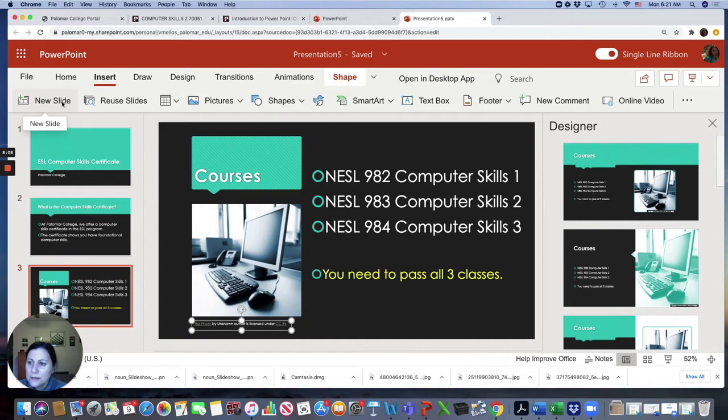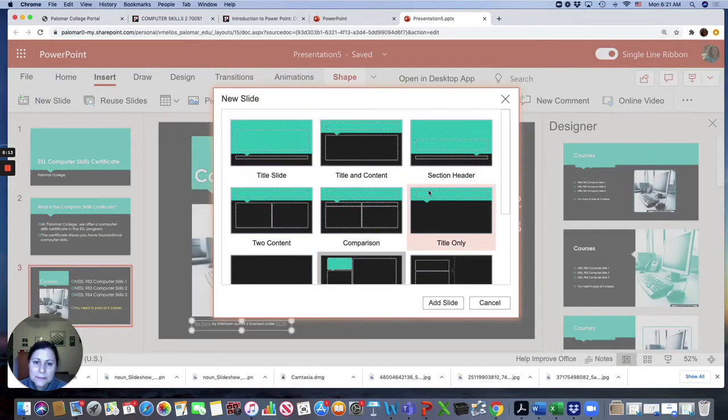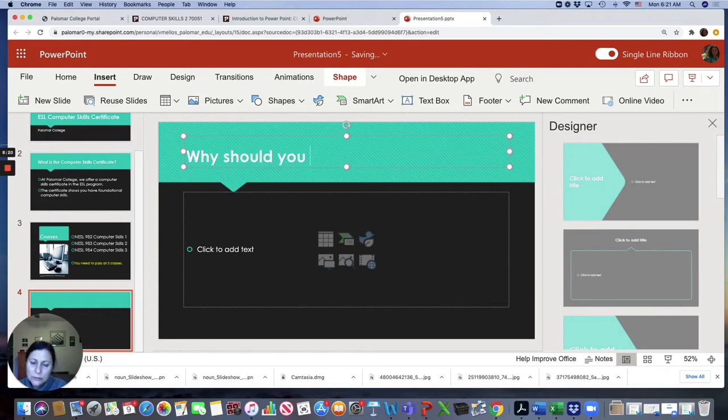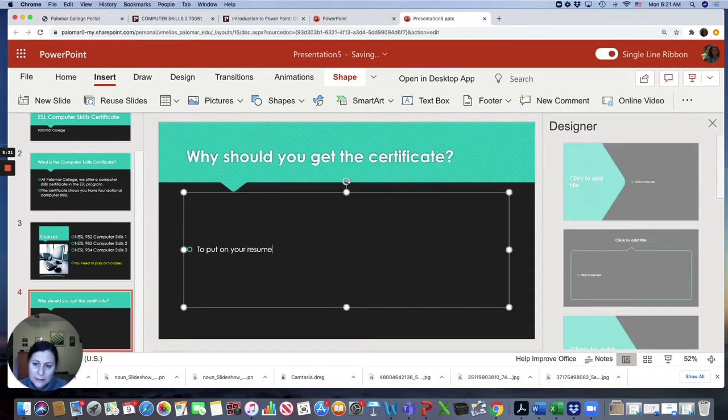I also want to insert another new slide. I'm going to insert a new title with content. Why should you get the certificate to put on your resume, to become more confident using computers,